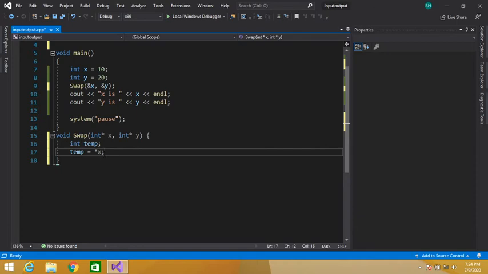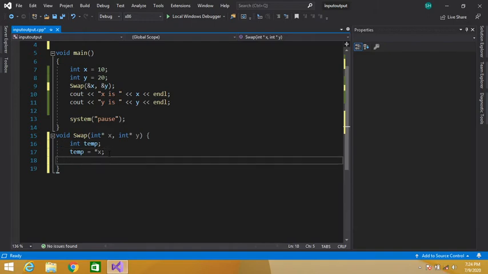This is a pointer variable, so we have to use the dereference operator to deal with its value. Now we have stored our x, and here I am simply placing the value of y in x, because we have stored the value of x in temp.